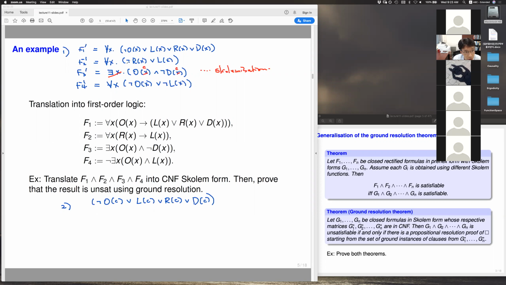Then we also instantiate this F2 prime using constant C, but that will give us negation of R of C and R of C. Now we apply the resolution proof step. The resolution proof step, if you apply it here, is going to cancel this R of C from here to here. So then what we obtain there is going to be